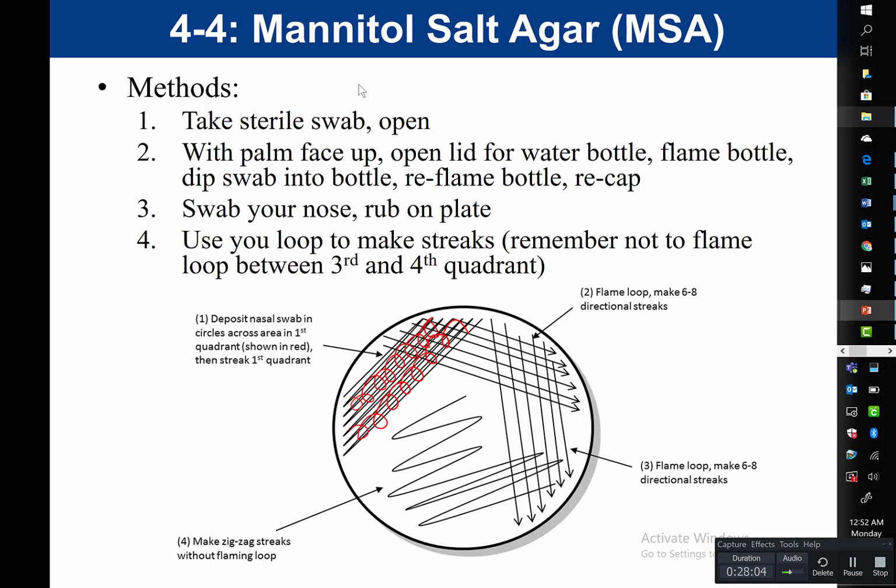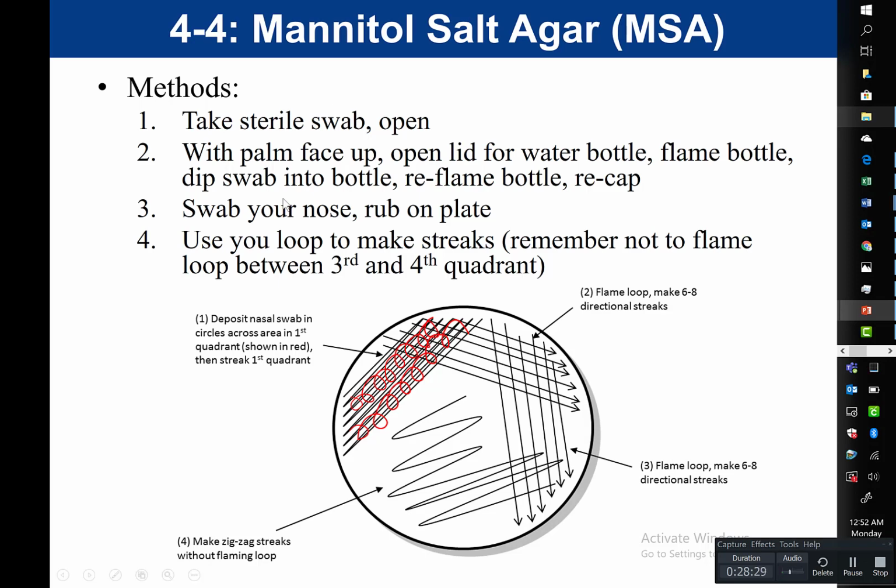Once we do that, we need to streak for isolation because we can't just put bacteria all over this plate, because we're going to have a mixture of different types of bacteria. You're going to have potentially multiple different types of bacteria that could be found in your nasal passage. And so we would need to do our streak plate. We need to streak for isolation.